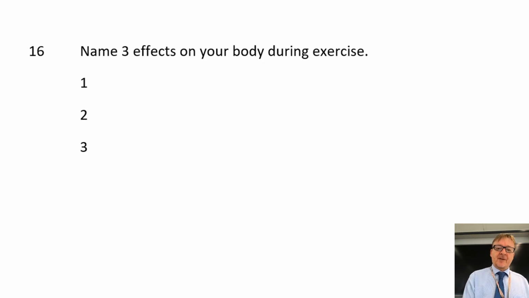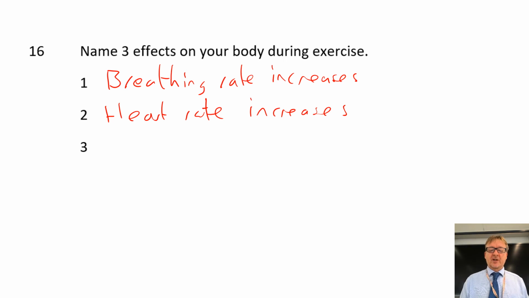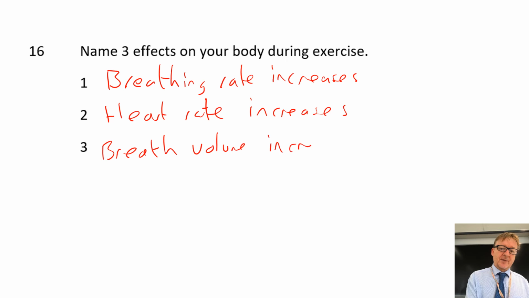Okay, so name 3 effects on your body during exercise. What happens is your breathing rate increases, so you can get more oxygen into your blood. Number 2, your heart rate increases, so you can pump blood and the glucose and the oxygen around your body faster, and your breath volume increases, which means your lung capacity